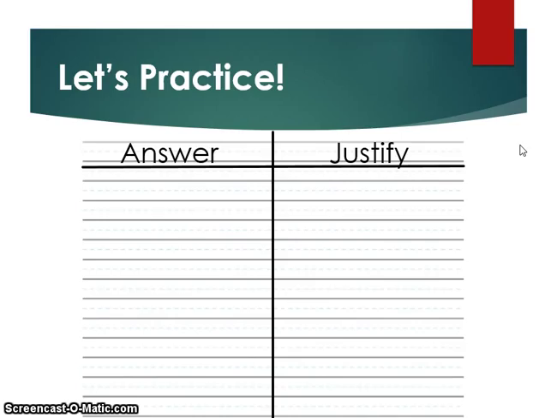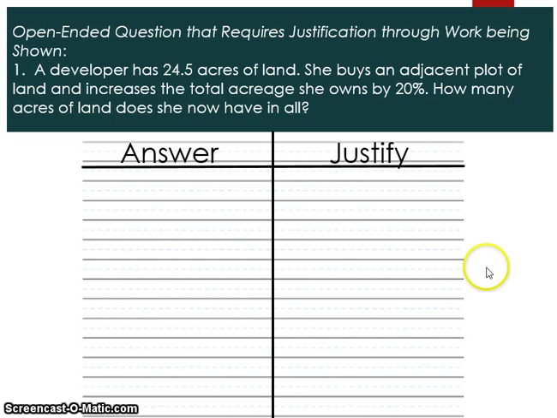So the first thing that you need to do is to take your lined piece of paper, write your name and Math Weekly practice at the top, create a T-chart labeling the left side answer and the right side justify. If you need to pause the video to give yourself time to do so, you have my permission. So once you have your T-chart created, I want you to look at your practice Math Weekly handout, which has